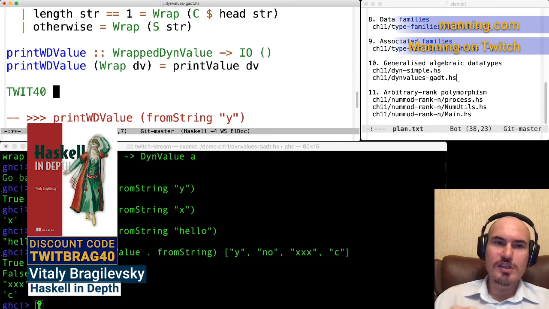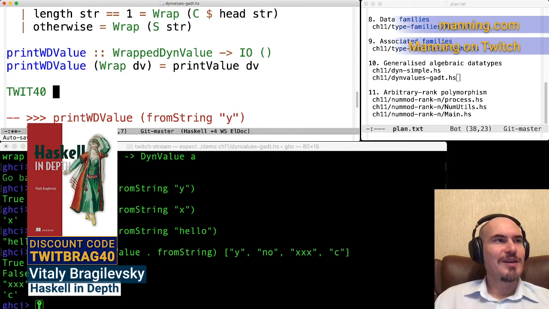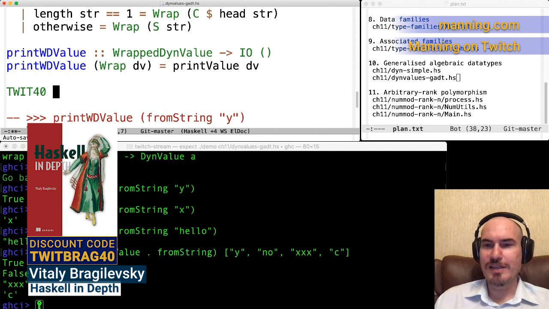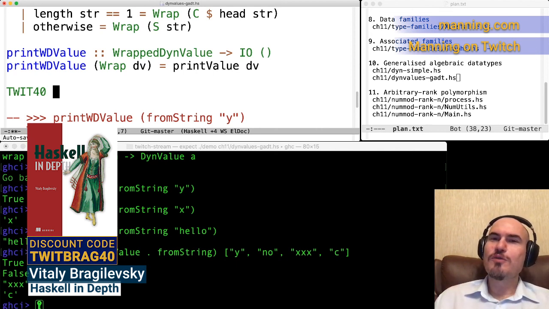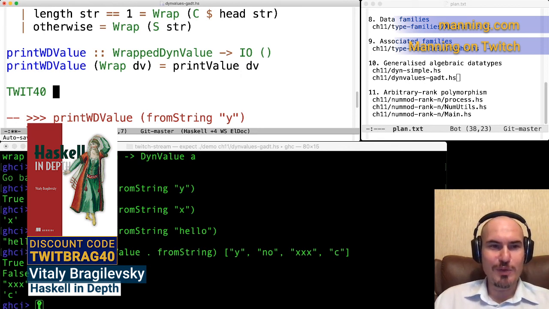And then I use GADTs there to implement another interesting thing: I always wanted to implement verified software for elevators. And in chapter 13, you will see an example built around generalized algebraic data types, where I have a correct implementation for operations over elevators. It's a very interesting chapter, so I hope it will be published soon and you will see it.